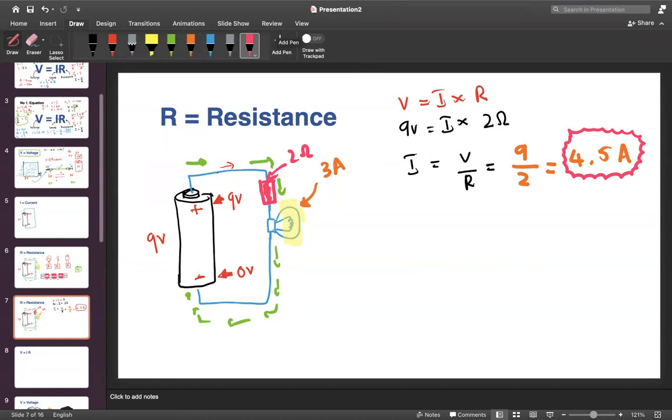What can I do now? Simply, I'm going to add another resistor here. Now let's look at what is going to happen, right? So this is also 2 ohms. Now I'm going to do the calculation, right? 9 volt. So let me take this equation. Now, what should I do in order to not burn this light? What should I do to the current so that the light doesn't burn? Should I decrease it or increase it? Decrease. You have to reduce the current, right?